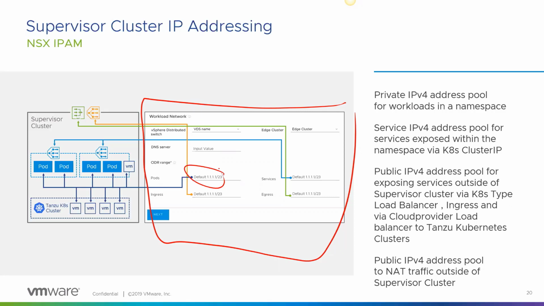That's basically where these pods will get their IP addresses from. You would define one for your services, that will be for your load balancer. So if I'm going to do a distributed load balancer, that's where it's going to get its IPs from. And then you're going to define egress and ingress. That would be for the T1 NATing and load balancing. Okay.